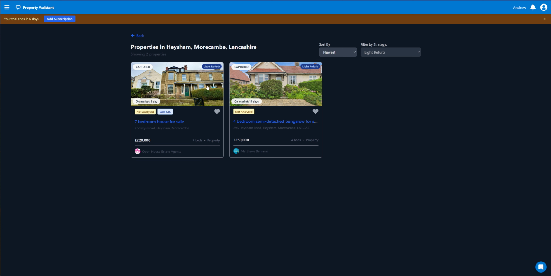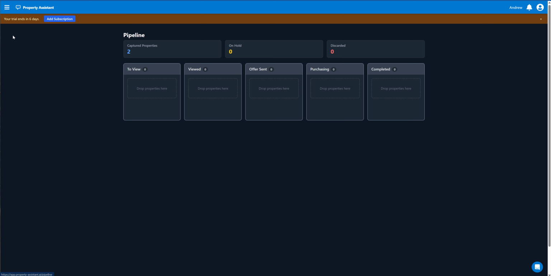What will happen is once it analyses a property, it will then drop them into your pipeline. So if you go into pipeline, as you can see at the moment this is empty, but over time the assistant will move deals that it suggests you look at into the to view column. It will also shift deals into on hold if it thinks they don't quite meet the strategy or the price needs to come down, etc. And then it will also push stuff into discarded, so properties that just don't fit that strategy will drop into